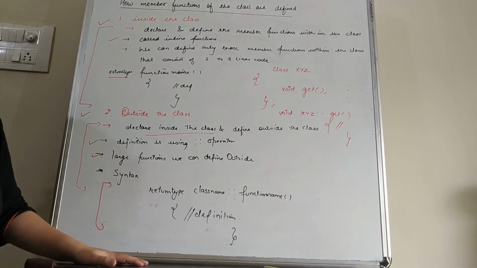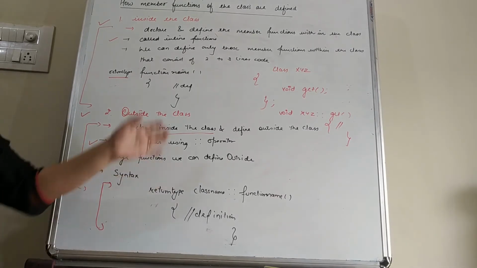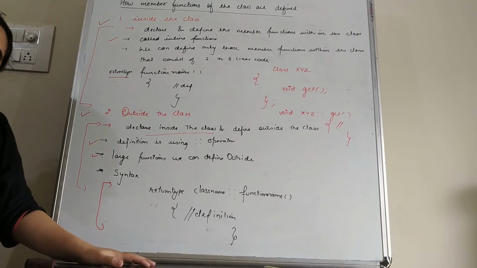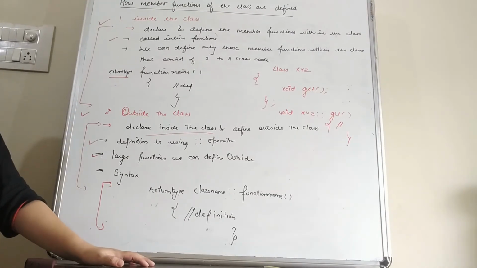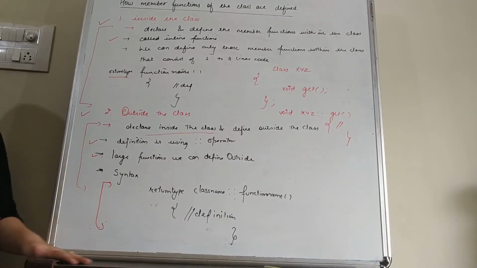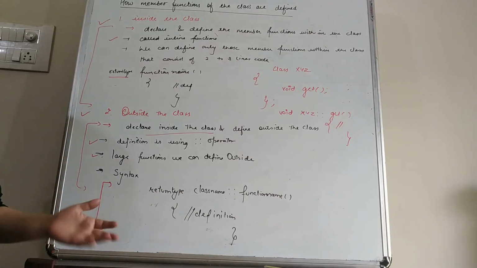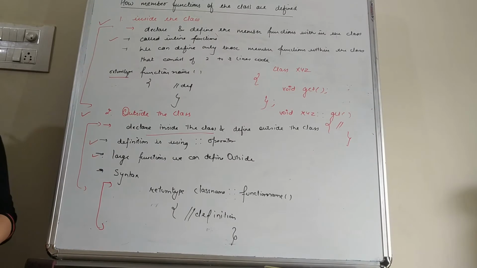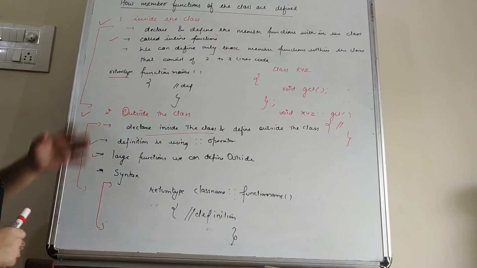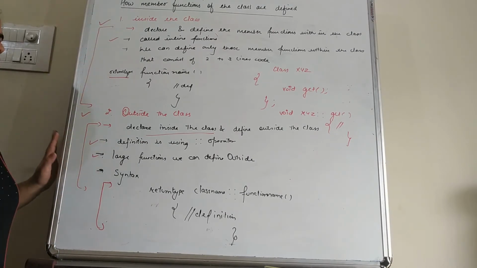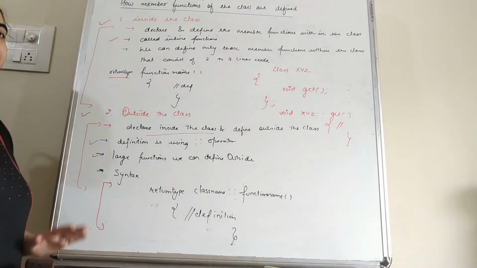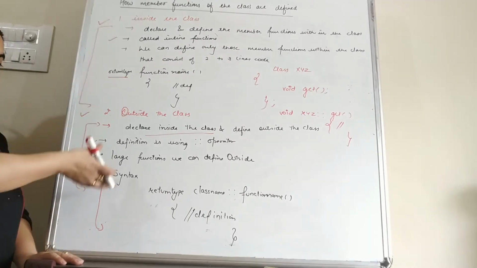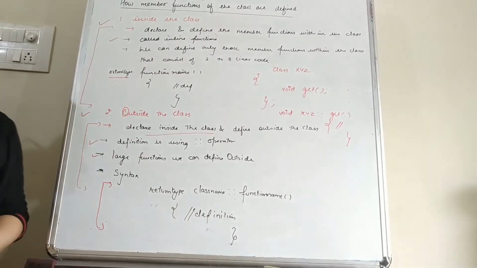then it's better to write that function outside the class, because in case of the inside function, if the length of the program is small and if there are no recursive functions and no break and no return statement and no goto statement, only then we can define those functions inside the class. Otherwise we can define those functions outside the class. So this is about inside and outside the class. Now we can see the syntax and the examples.